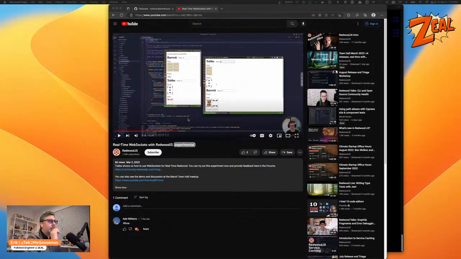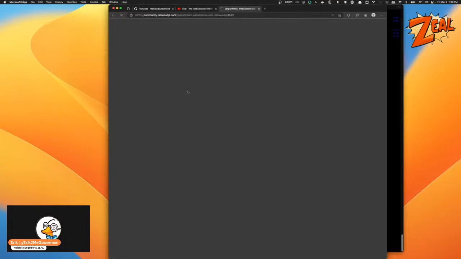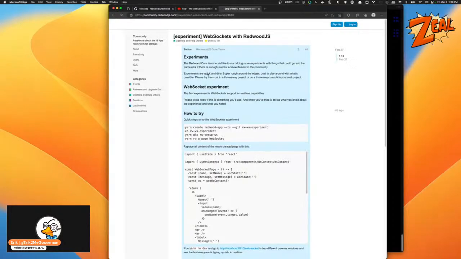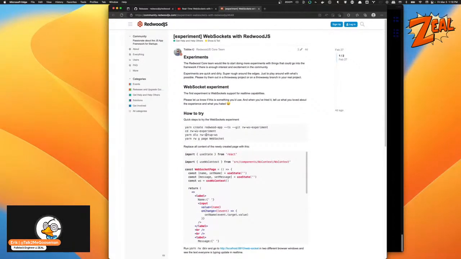And so this is not built directly into RedwoodJS. Again, if you take a look at the video and you actually jump over to the community guide right here, he actually created a special experimental package so that you can more easily integrate the WebSockets into RedwoodJS. So if you want to experiment, one thing that was called out was that because it's not first-party support on RedwoodJS,